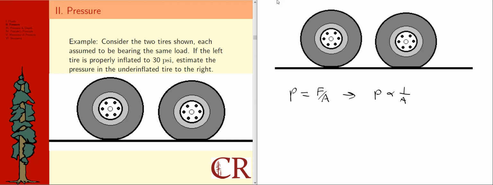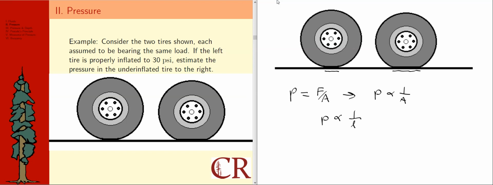the width of the tires is the same, and I'm going to assume that these are two tires of the same type, that the only difference is that one is not as well inflated as the other, area being length times width would imply that area is proportional to the length that is flattened here on the road. In other words, that lets me say that pressure is really inversely proportional to that length. So if I look at this length here, just gonna draw a little line there, versus this length